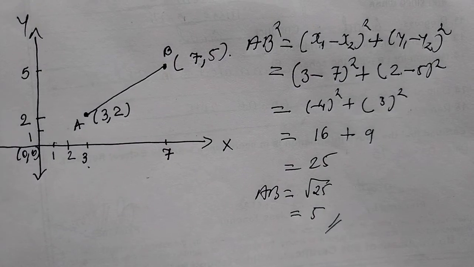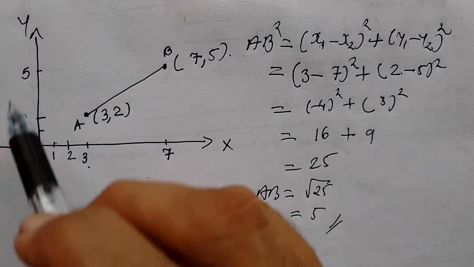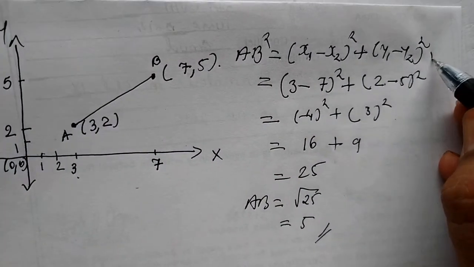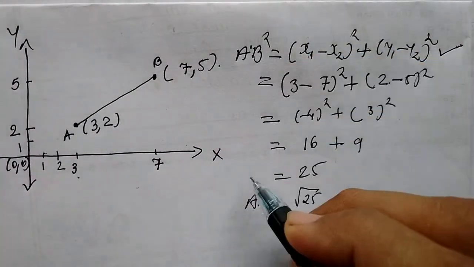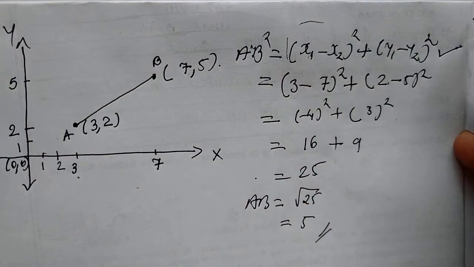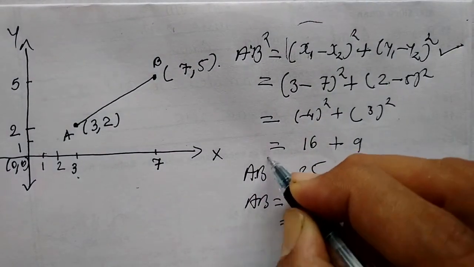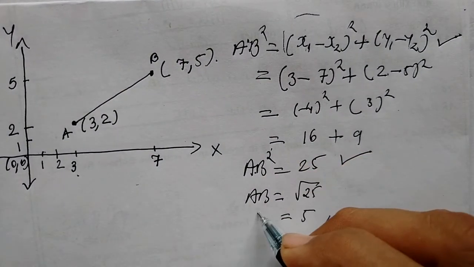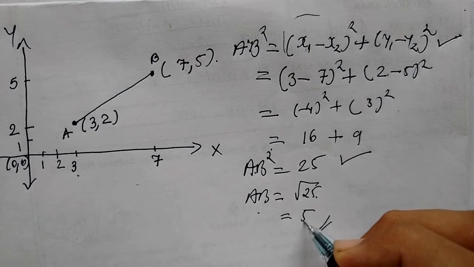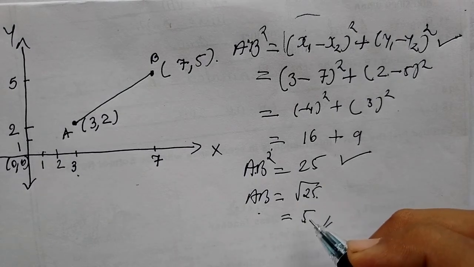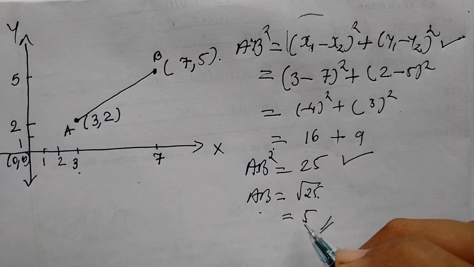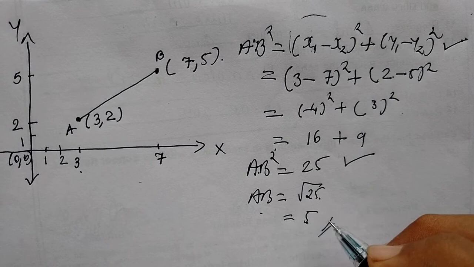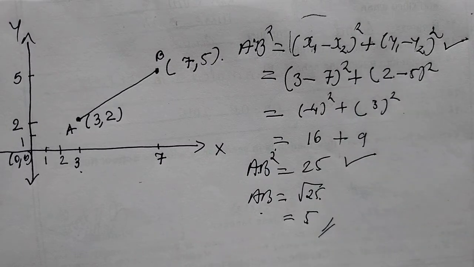Understood? Now children, from now onwards, this diagram we will not draw. We will strictly follow this formula, children. Up to this, we will not put the square root sign: AB square is 25 up to this. Now we remove the square and put the root sign. AB equals root 25 and the final answer is 5. Distance, we know, is always positive, so the answer will be in positive form. So by this way, children, we found the answer. It is very easy, children.